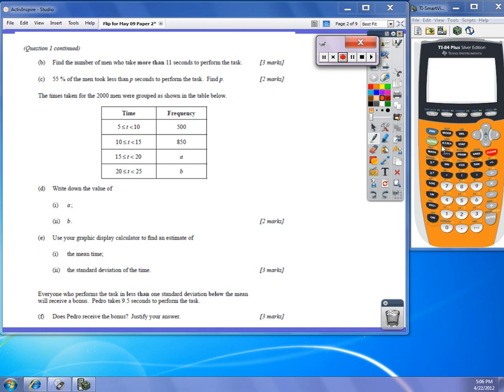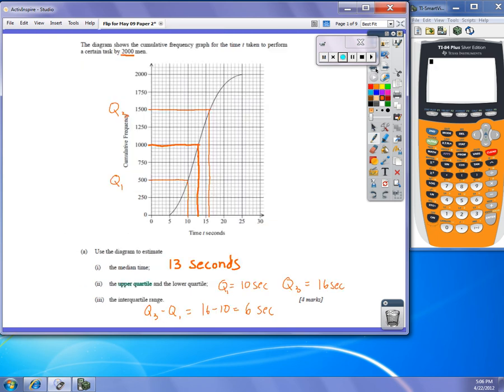So in the second part of the problem, we're asked to find the number of men who took more than 11 seconds to perform the task. I need to go back and look at the chart. I'll do this in a different color. So more than 11 seconds. So here's 11 seconds. And it looks like I'm at about, let's see, each little teeny square is 50. So that'll be 500, 600, that's at 650. So if we have 2,000 men total,